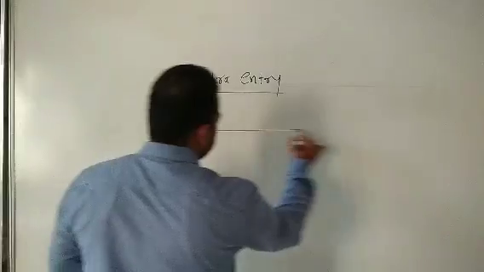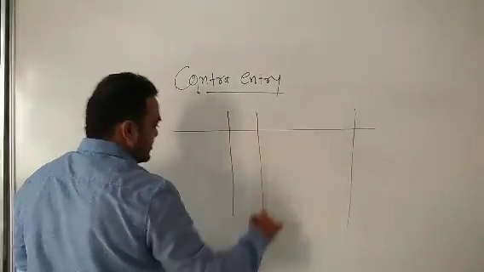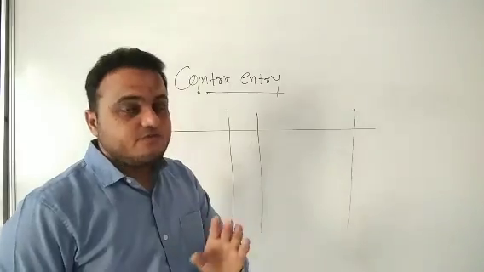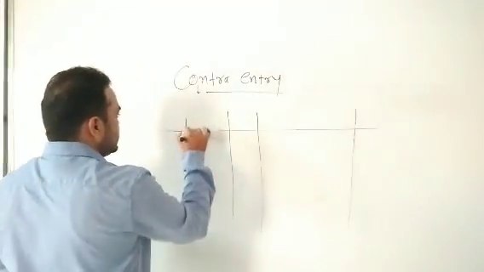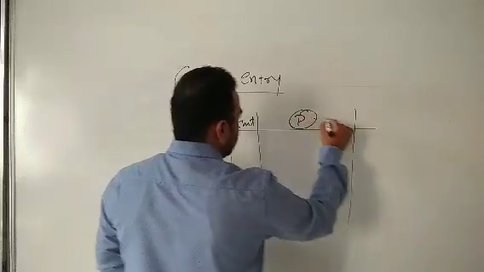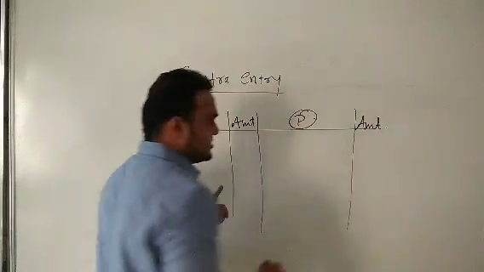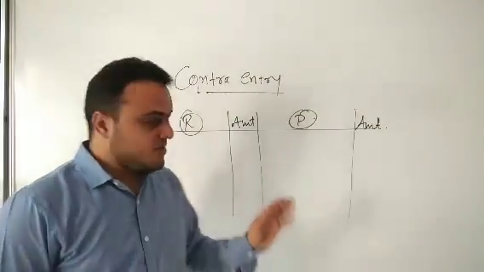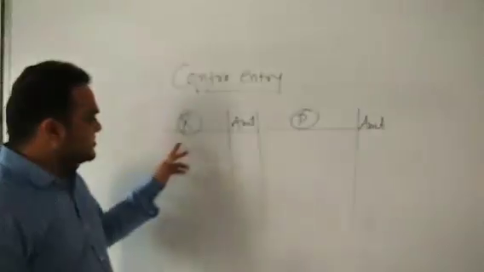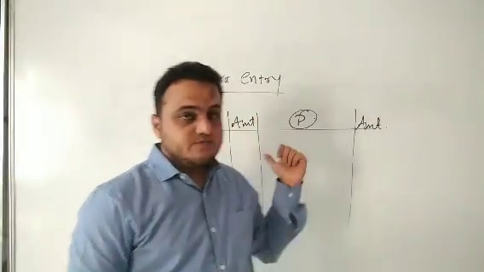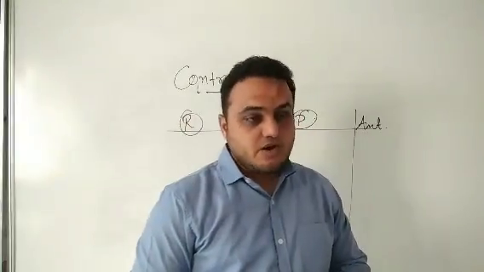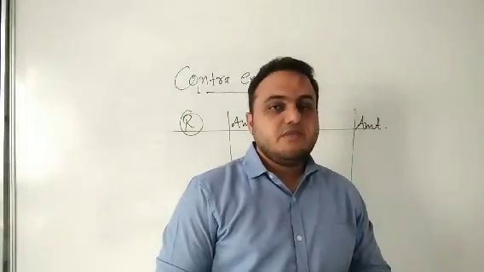Just for knowledge purposes I am writing here. This is not the format of a cash book, but for guidance purposes I am doing this. There is a receipt side with an amount in rupees, and a payment side with an amount in rupees. Students, this format is a little different. Date column and ledger folio will be there, but I am not doing that right now. On the receipt side all the incomes of the business are recorded, and on the payment side all the expenses or amounts that have gone out of the business are recorded.